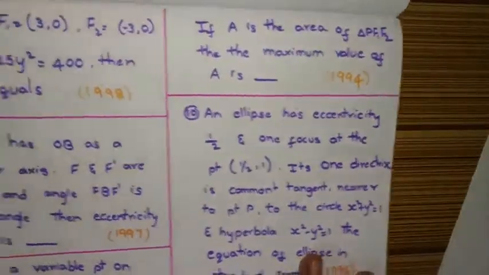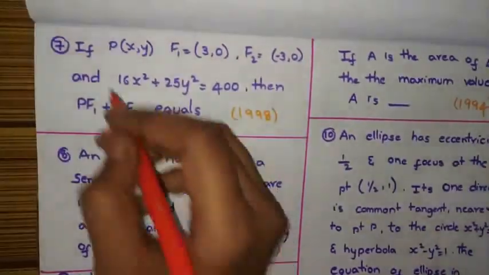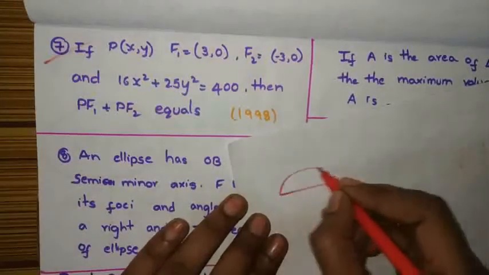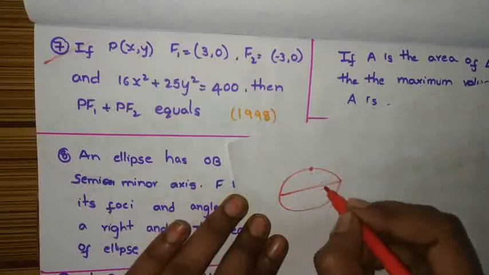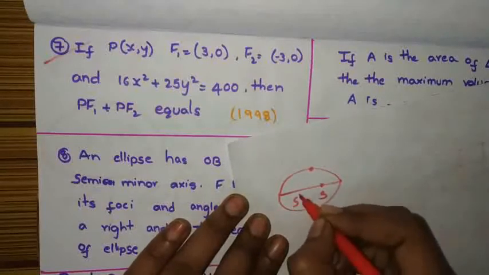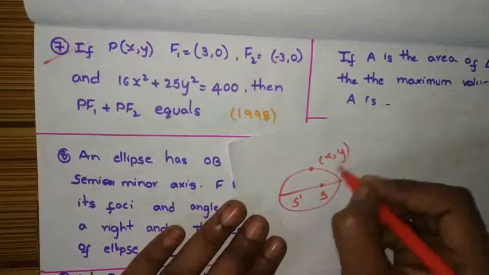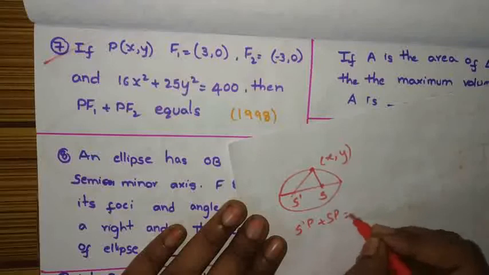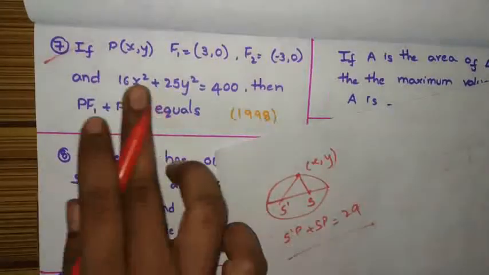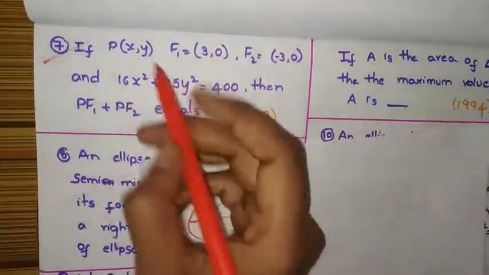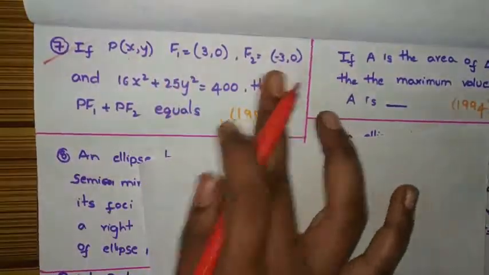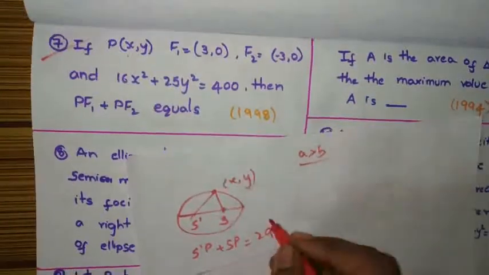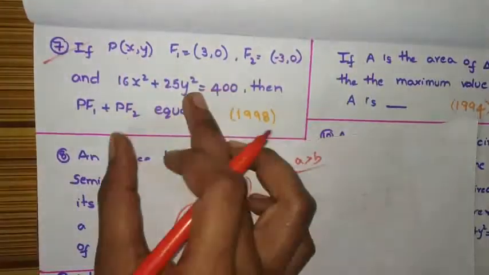Now see these questions. See this question, I told you na that ellipse, if this is an ellipse, from the starting I told you that if this is a focus and this is one focus and there is a point, these two distances S dash P plus SP is equal to 2 into a. Okay. Now see this question, how the ellipse is. There is a point, two foci, and this is the equation of the ellipse. From this we can say that a is greater than b. For this ellipse, try to get that in standard form.